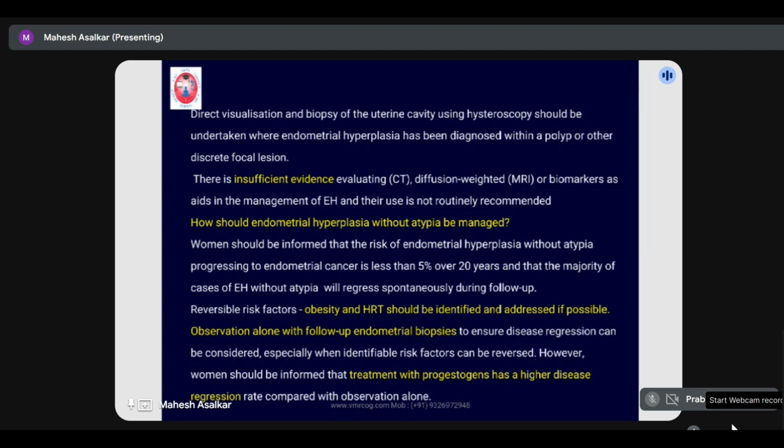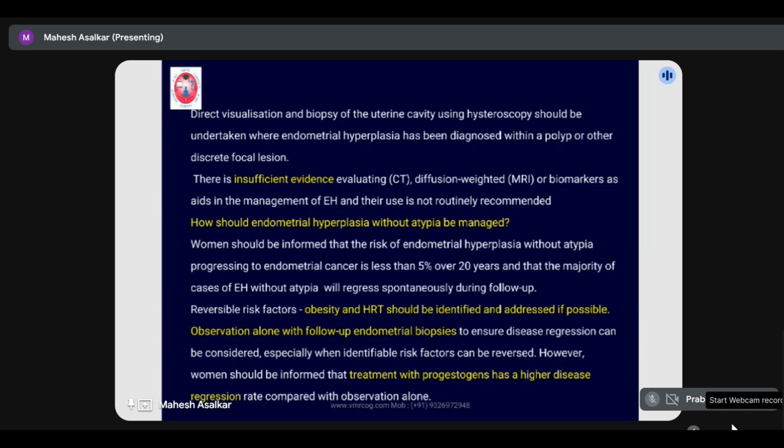However, women should be informed that treatment with progesterone has a higher disease regression rate compared to observation alone. So, the first modality is observation alone. If there are high risk factors associated, say for example obesity or HRT, and you are taking care of those modifiable factors and controlling them, in that particular case you can go ahead with a simple observation, but you have to inform that rather than observation, if you start